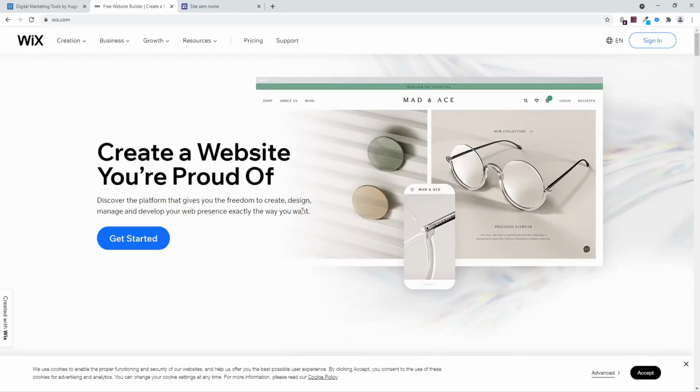Now, in the category of landing pages, I'm going to recommend two sites, which is Wix and Google Sites. Both of them are free. Wix will allow you to create very good sites without having a lot of knowledge of web design, and you can create either free or paid ones. So if you create free, you are using their subdomain. However, this works fine if you are starting out with digital marketing and you are using free traffic. For example, if you are creating videos on YouTube and you then want to recommend a product, you can create a free landing page using Wix, which was what I've actually used in the past when I was starting my